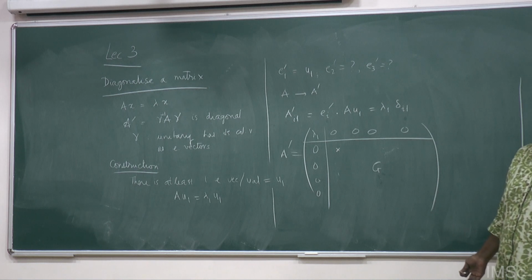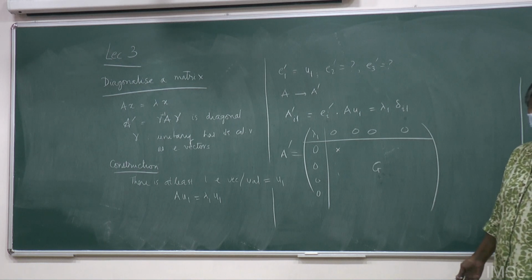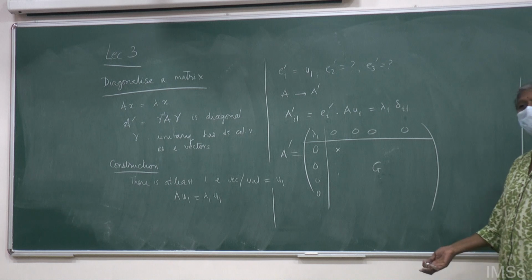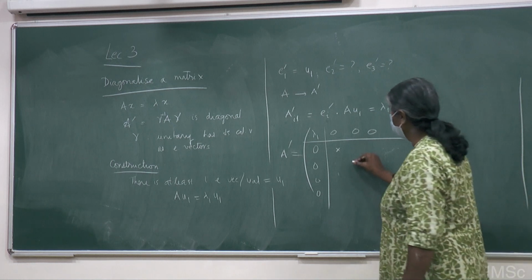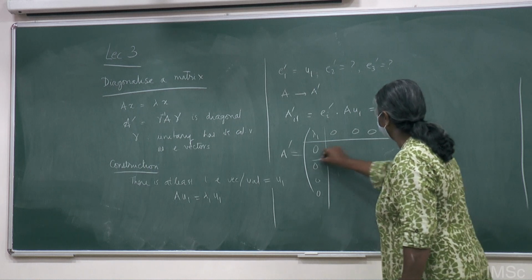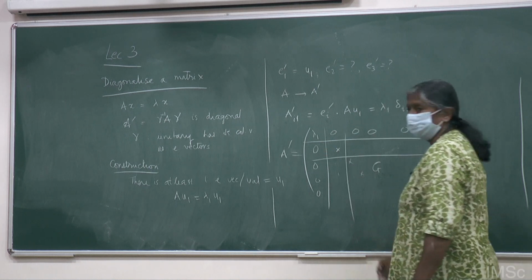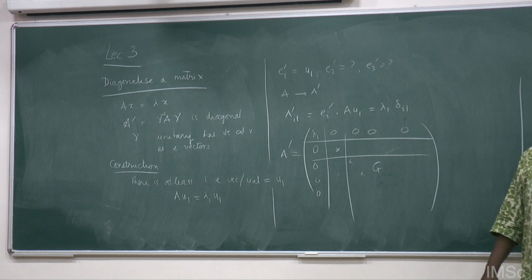I have to do it for an n minus 1 square matrix, and then the next will be an n minus 2 square matrix, then an n minus 3 square matrix. So each time you will get one value along the diagonal, and the rest will be 0. So basically this is the diagonal matrix, so it will be only the eigenvalues.